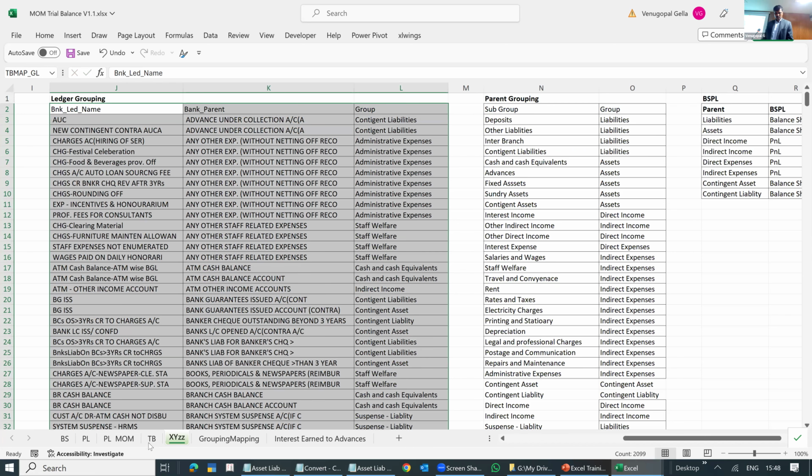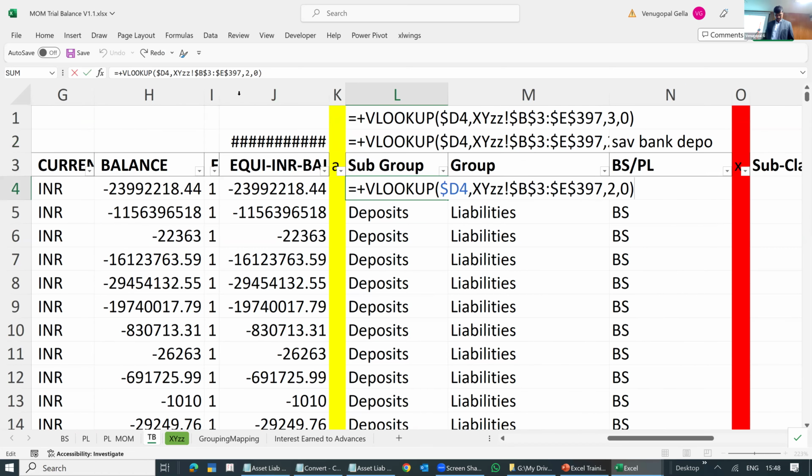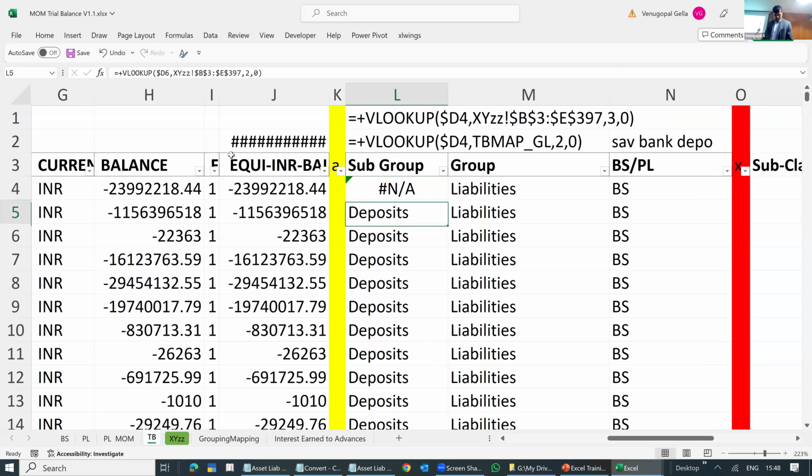So I can now say this in my TB, instead of saying this as deposits, instead of this XYZ, I will only select this and I will say TB map GL, which we have just created. It has shown up.